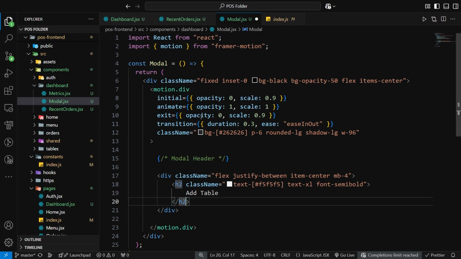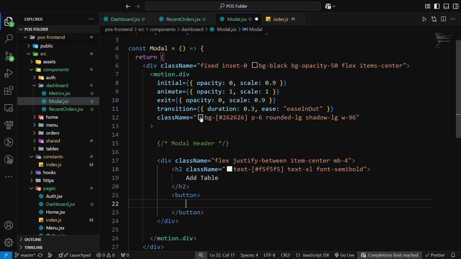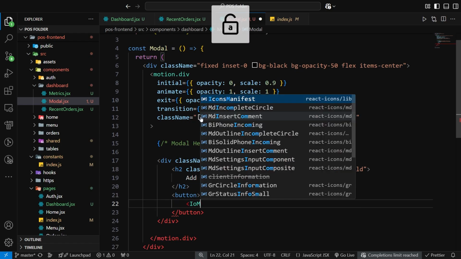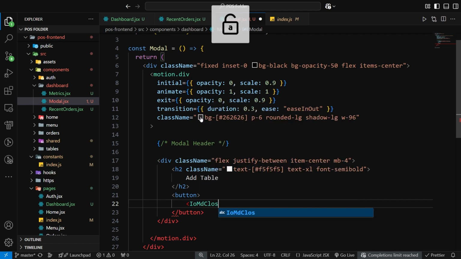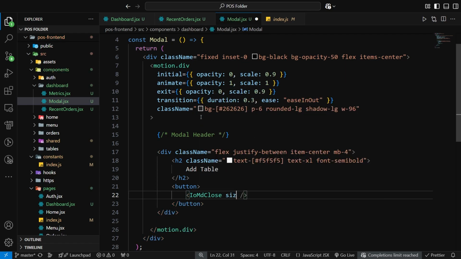Okay, now after this create a button and here IoMdClose, size is equal to 24 and class name here